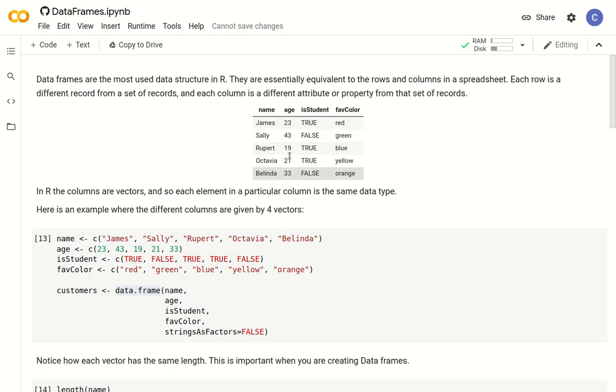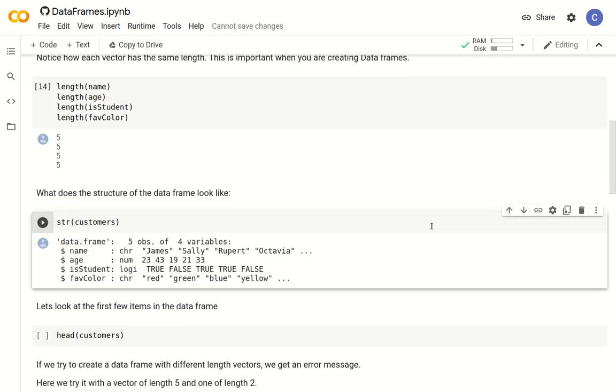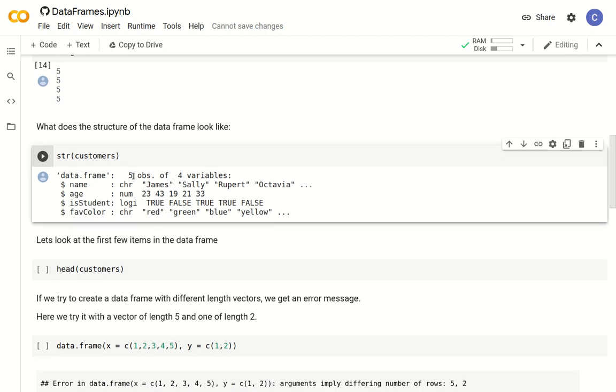And then the 4 variables would be the 4 different columns for each record. Okay, so if it's 5 observations of 4 variables, that means there's 5 records and 4 different properties or attributes or columns. All right, the first one is called name, and it says that's a character vector,